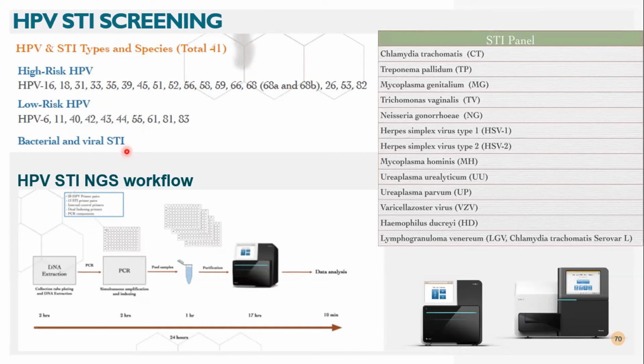So this is a basically very small and simple workflow where you have DNA extraction. It follows a one-pool PCR reaction for all different samples. After PCR, these samples are pooled together. After column purification and quantification, it can be run on sequencing platforms. Since much data is not needed, even smaller platforms like iSeq, MiniSeq, MiSeq will be enough to do this screening for HPV and STI, and it is a very cost-effective solution similar to other traditional methods available in the market.